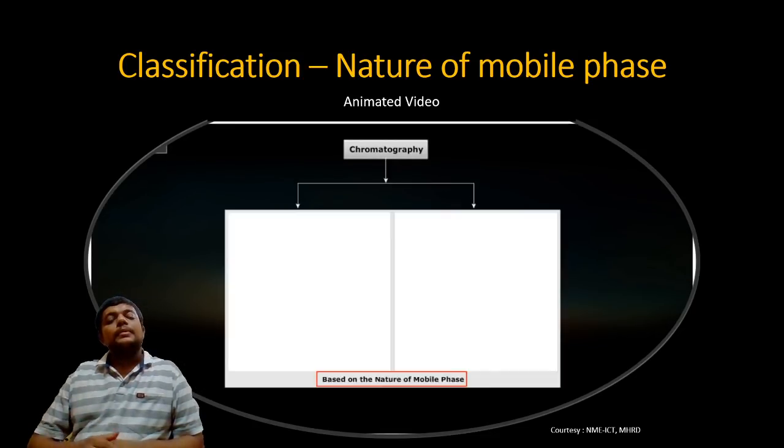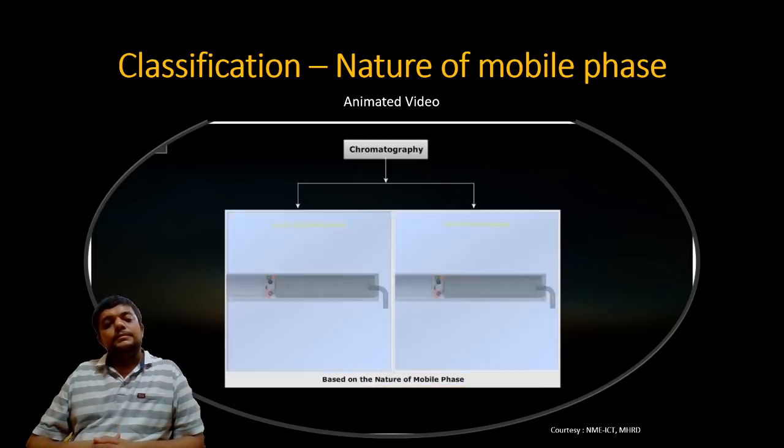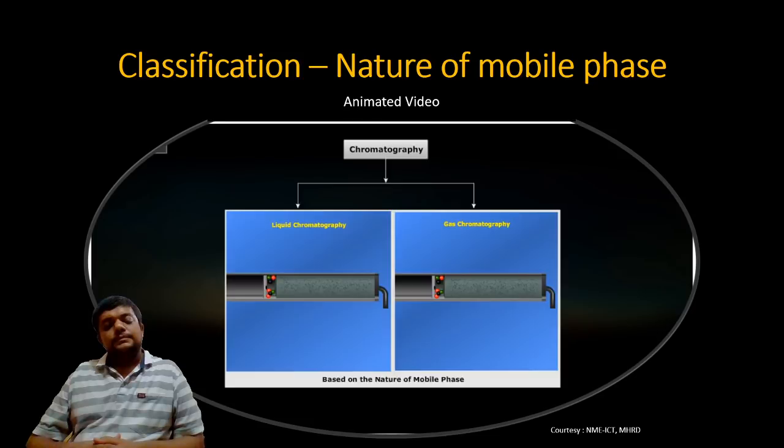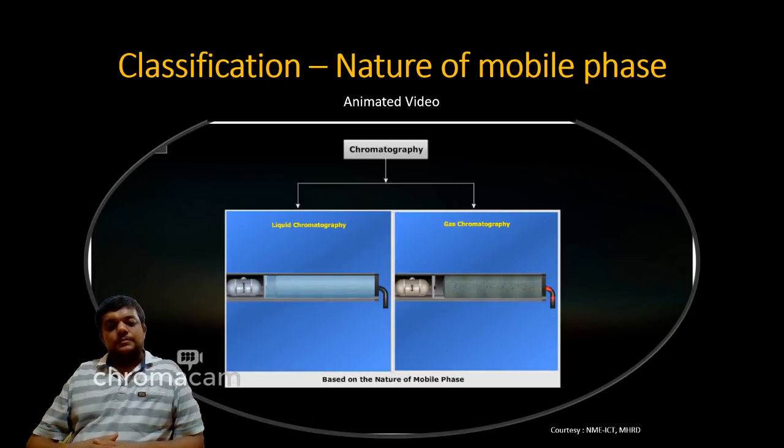The method is based upon the nature of the mobile phase used for separating the components of a sample. As the mobile phase has to move through the stationary phase, either liquid or gas can only be used as mobile phase. When liquid is used as a mobile phase, the technique is known as liquid chromatography. And if gas is used as a mobile phase, the technique is known as gas chromatography. The stationary phase has to be static in nature, that is without any movement, and hence either solid or liquid can only be used as stationary phase. In the case